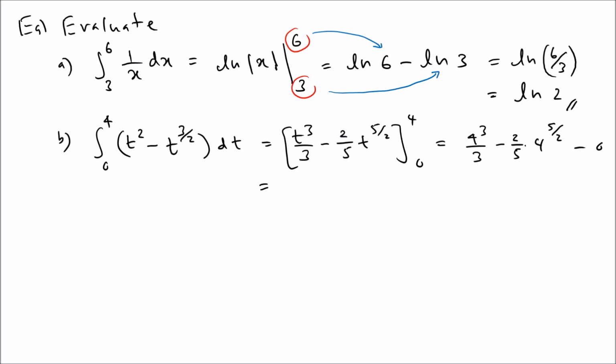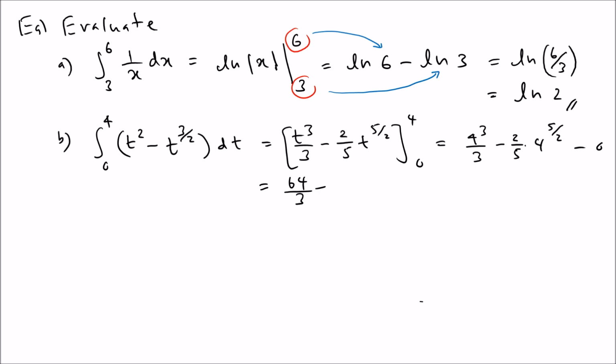Now 4 cubed is not 16, it's 64, so it is 64 over 3 minus